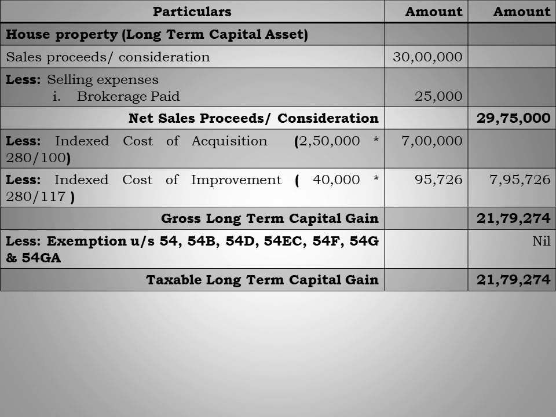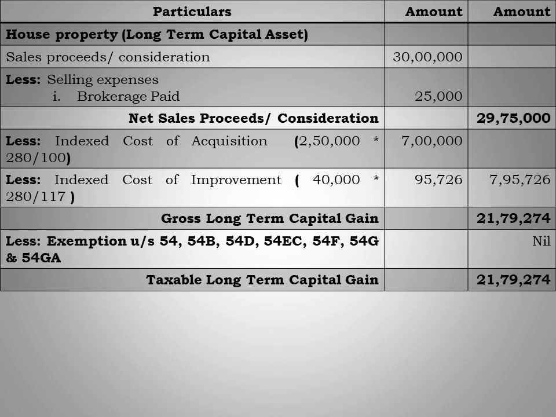Vaibhav has sold this house property for 30 lakh rupees, and that will be considered as the sales proceeds or the gross sales consideration. And we have to less the selling expenses if there are any. Here in this case we have the selling expenses of the brokerage which was paid to the broker by Mr. Vaibhav of rupees 25,000. If we deduct the selling expenses of the brokerage paid, 25,000, we are going to get the sales proceeds or